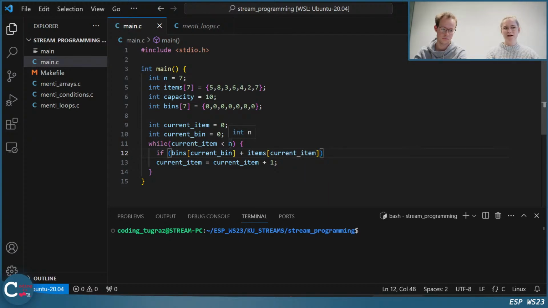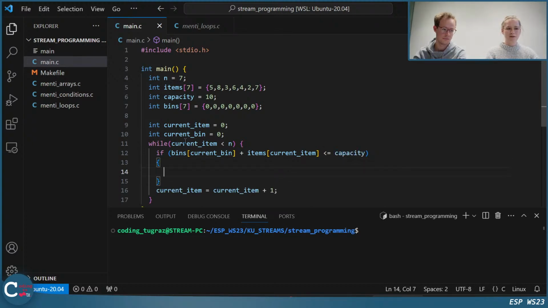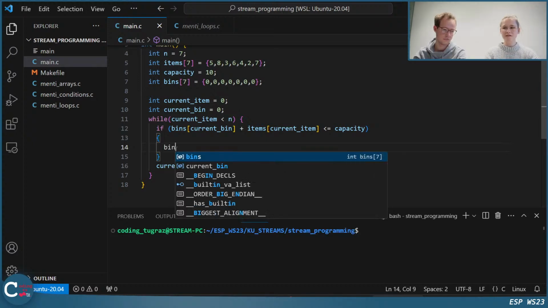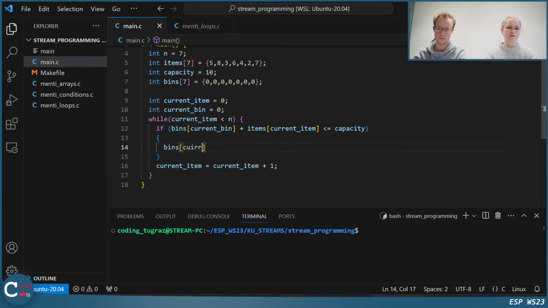Right now at the first iteration, this would be okay. We have 0 here because there's nothing in the bin, and we add 5 to it. And let's then check if this is less or equal to capacity. If you remember, capacity is how much we can fit in one bin. If it is less or equal than capacity, then we can put the item in the current bin.